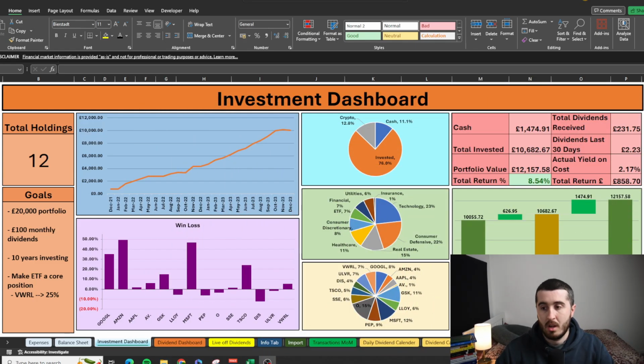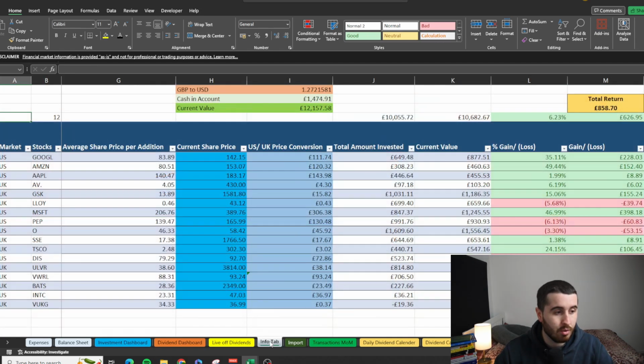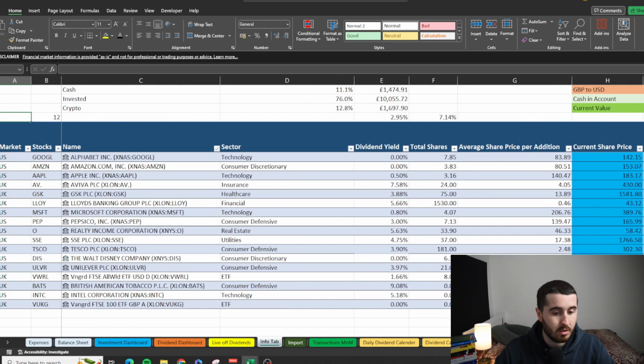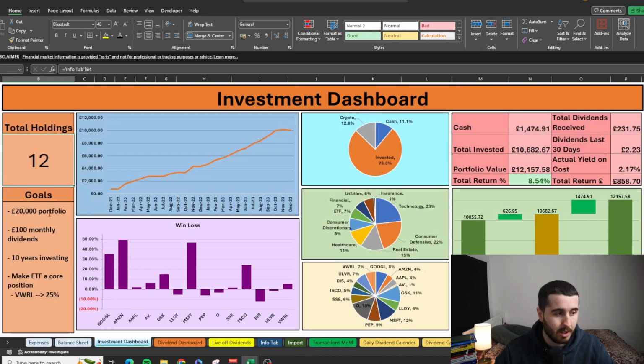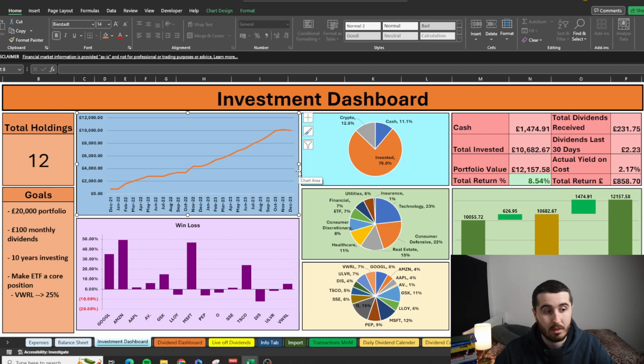So this front page here is the investment dashboard. We can see here that we have our total holdings, which is basically a lookup into the info tab, which is one of the background tabs, which we'll talk about in a second. Then we have the goals portion, which is just a text box, and you can edit that text box. You can type whatever you want in there. You can add in another goal, and it's very simple to use. Then we have this graph here, which is basically tracking all of my investments,